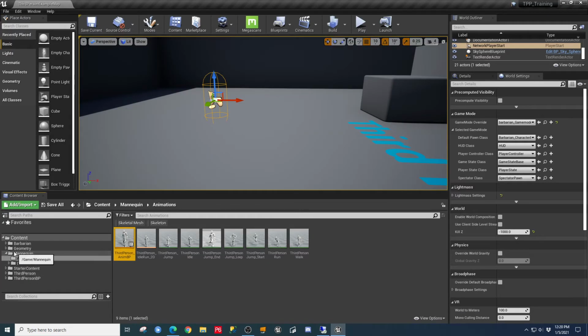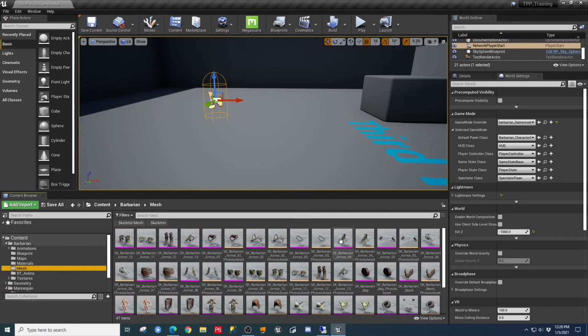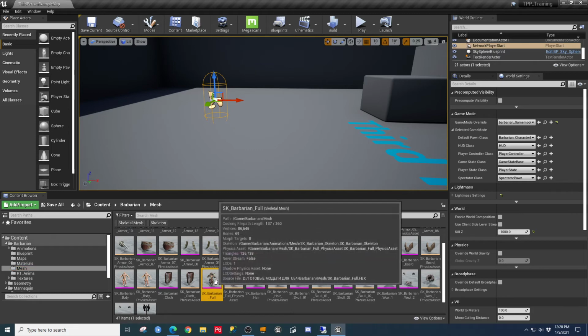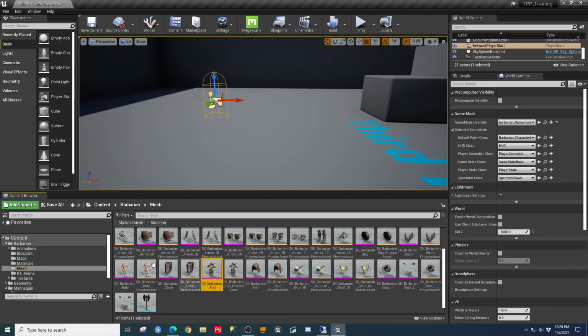So the other thing we could have done is if we go to the barbarian and we go to the mesh for that barbarian, we can go down here and take the barbarian full. And actually, I think we need a skeleton. Let's go up to a skeleton. I think it's probably going to work better. So let's go to the barbarian